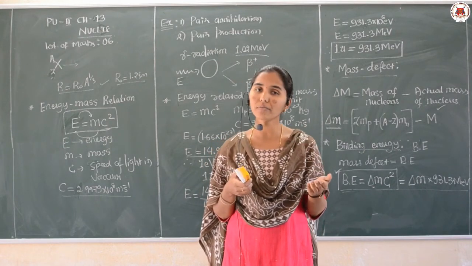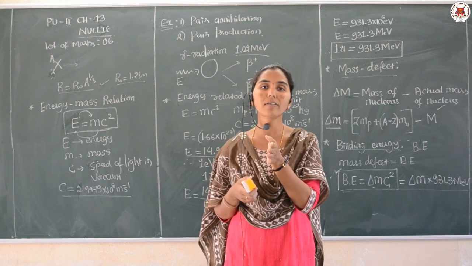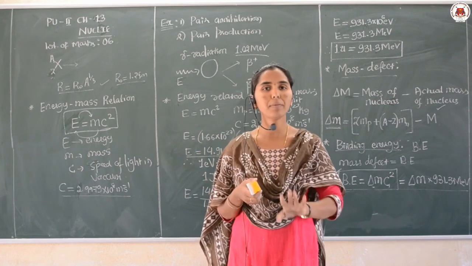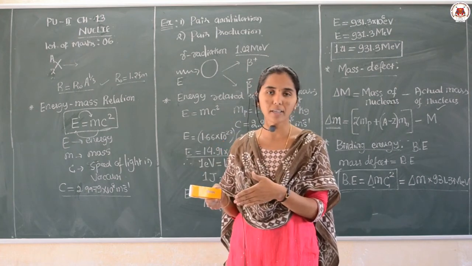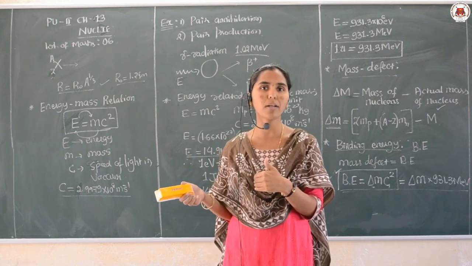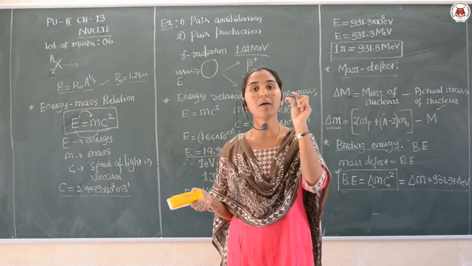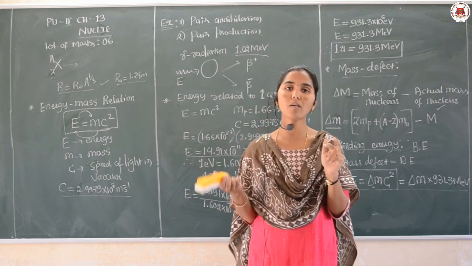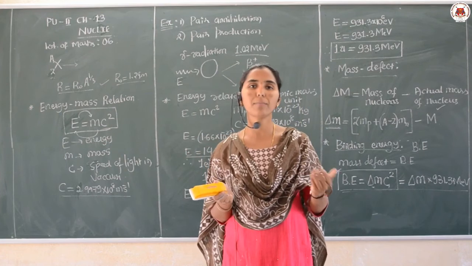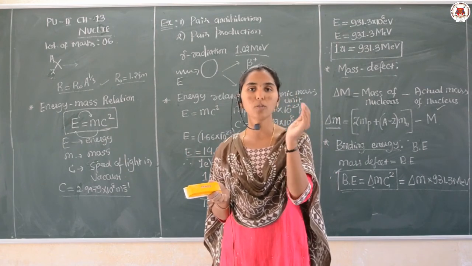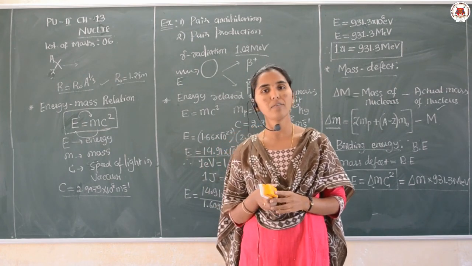Actually, after nuclear fission and fusion, we had the syllabus of radioactivity, alpha, beta, gamma decay. But remember dear students, that part is deleted from your portion for this academic year. That is why we are not going to discuss that. We are also not discussing the specific binding energy, that is the binding energy per nucleon, and its graph, in these videos. Okay, I hope the points are clear. In the remaining part, we discuss nuclear energy, and we solve two numericals of this chapter, and we finish off the chapter.